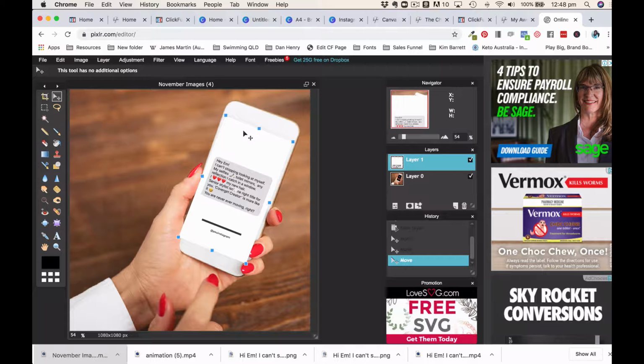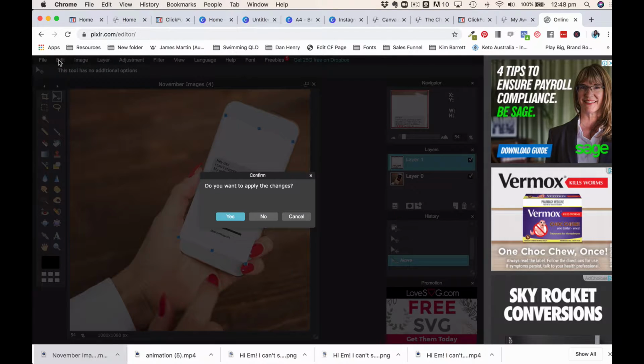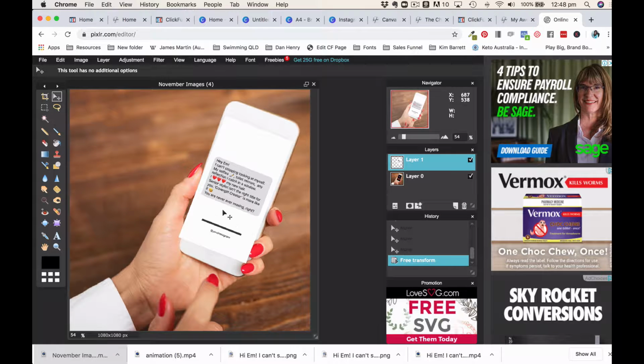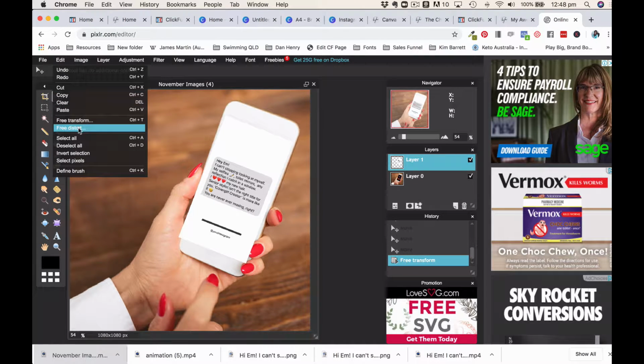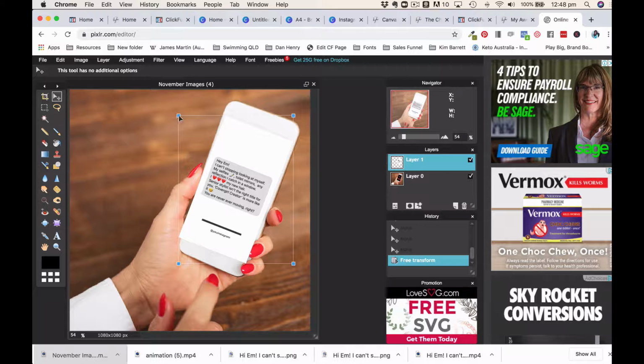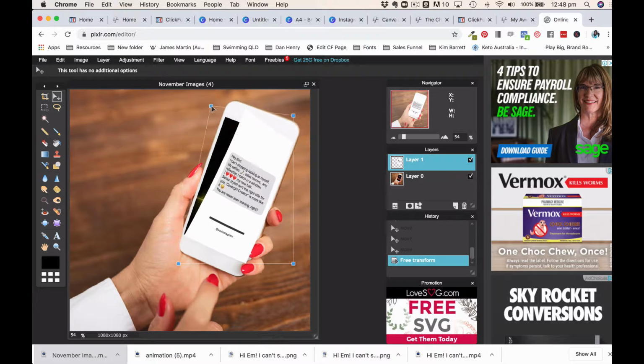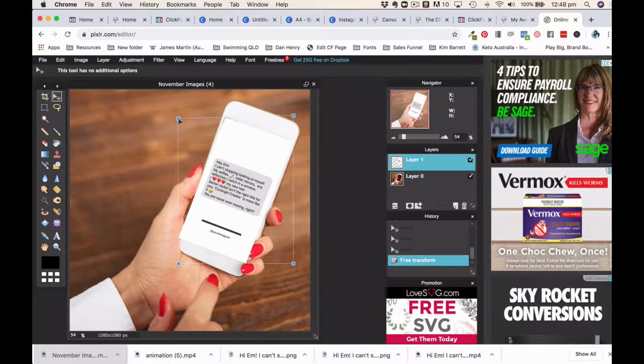So once we've got it relatively in the right position, we come over to Edit. Yes, we want to leave that there. Edit, Free Distort this time. Now, we want to select the corners, and watch this. We can play with it and manipulate it so that it can fit nicely in there. This side we want to adjust,